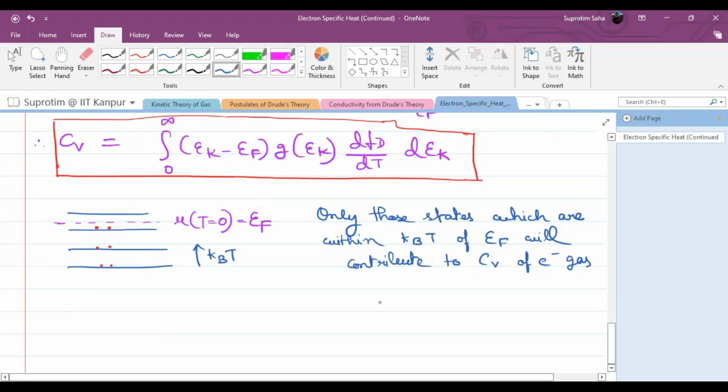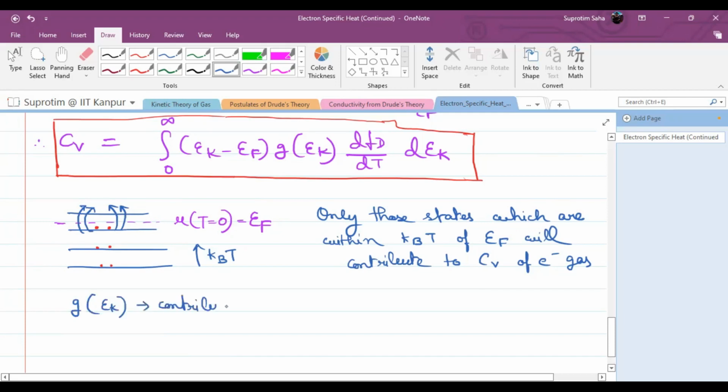So only those states will be transferred to the higher energy levels. And as we said, there will be an increase in the mean average energy of the system. So G of Ek will get